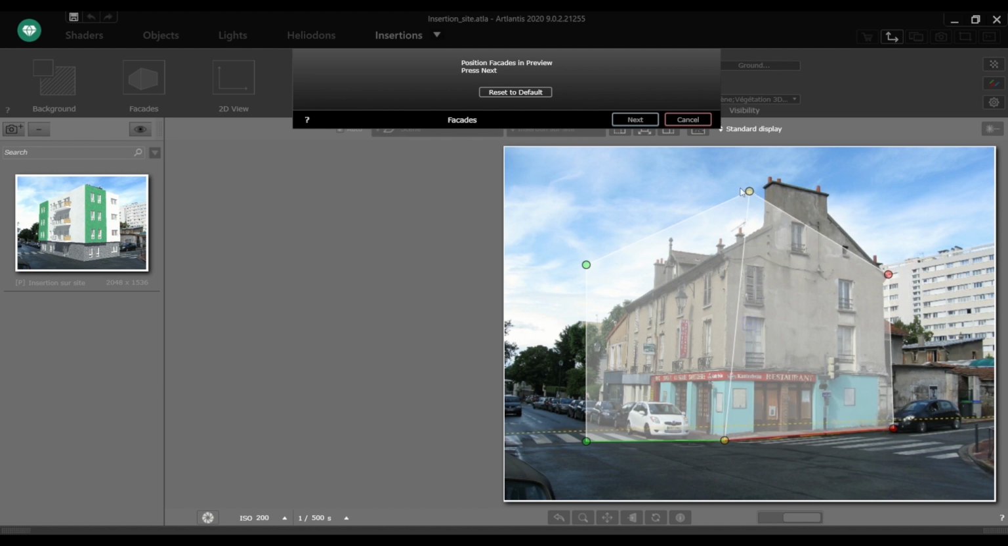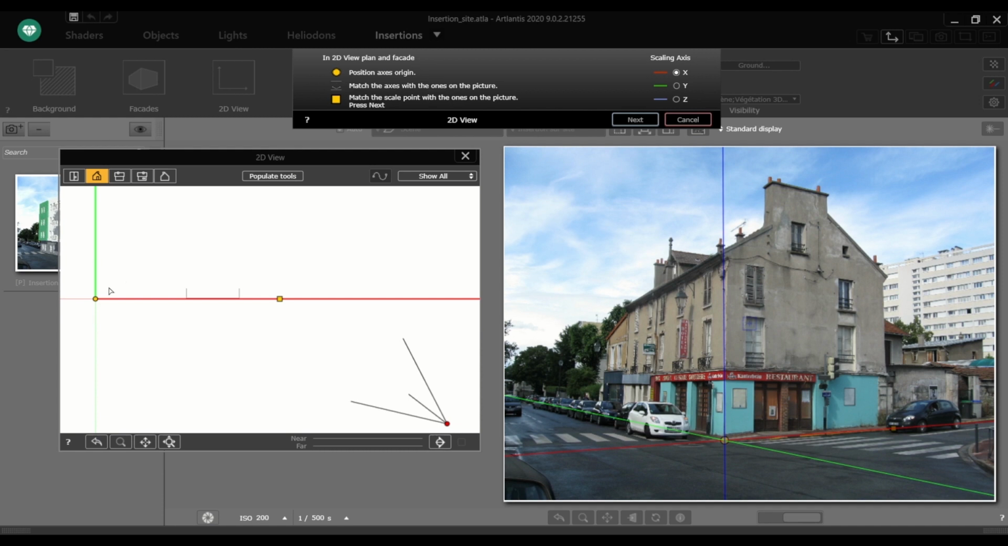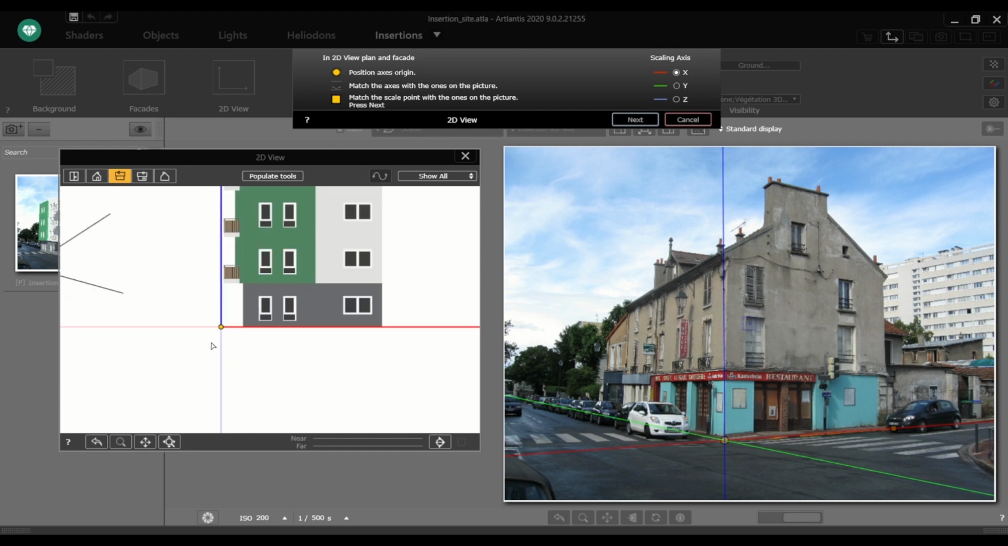The next step is to define the bounding box in the preview, and thus position the XYZ coordinates in the preview. Set the origin of the axes and its two sides in the preview. Position the axes origin, match the red x-axis, the green y-axis, and the blue solid line of the z-axis in the 2D view with the ones in the preview, and set the scale indicator using the yellow dot on the